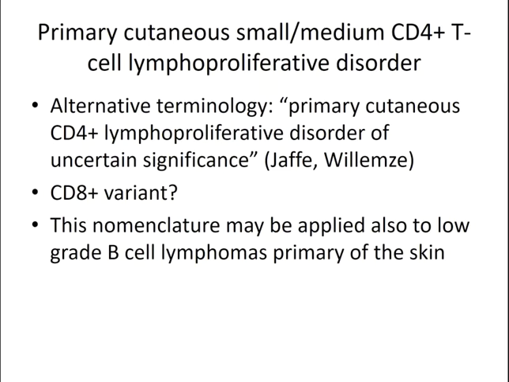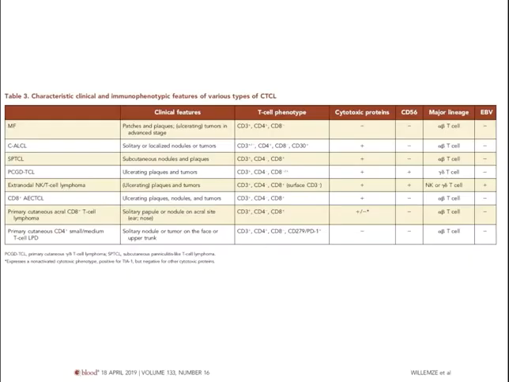That's much better, because I've seen cases called CD4 small to medium-sized lymphoma, and the patient has been staged and given chemotherapy because the oncologist freaks out when they read the word lymphoma and think this is a horrible thing and the patient really needs therapy. It's not the case. This just needs a little bit of surgery, a little bit of steroids, and the patient is cured, right? Very good prognosis. So just to summarize on the T-cell processes,